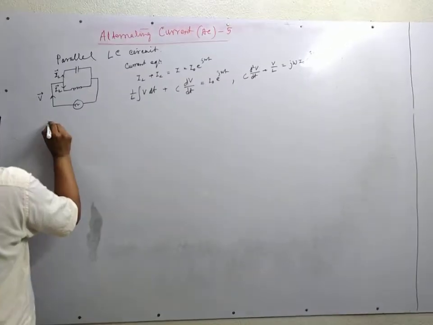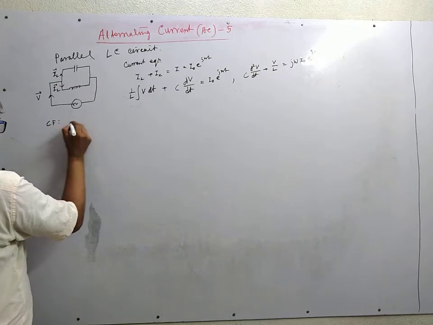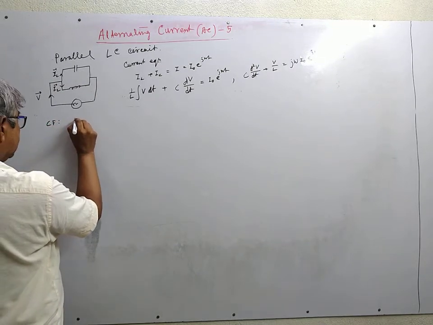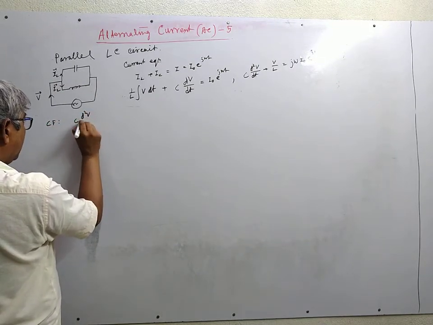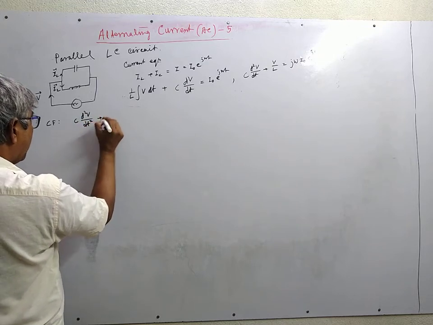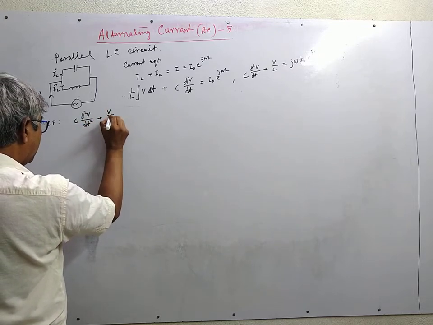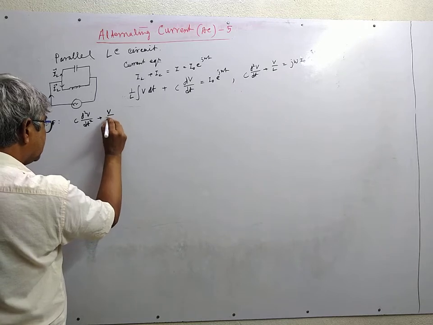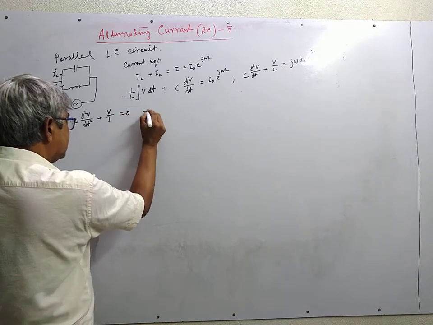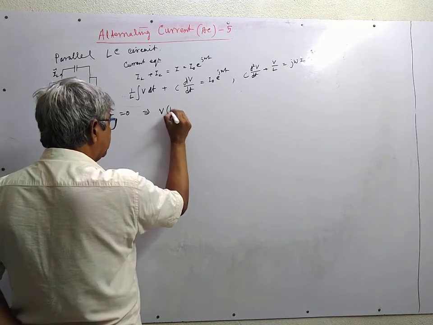The CF is C d2v/dt2 plus V by L is equal to 0, which leads to